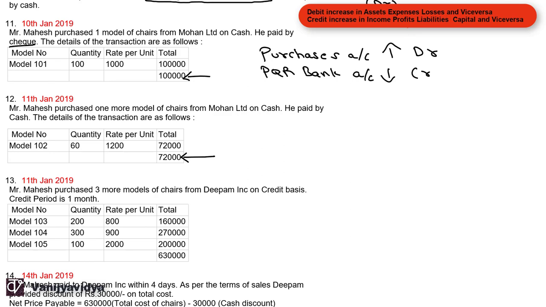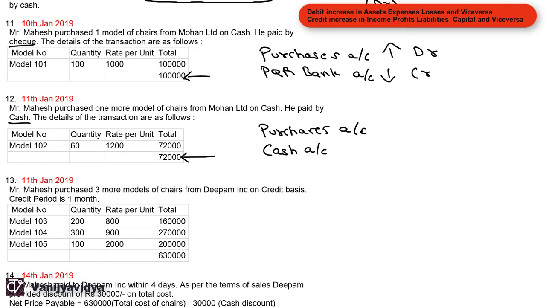Now, if you see, when you say on cash basis, purchases on cash basis, the cash basis is a general term. It need not be that you are paying in the cash. Like in your last transaction, you have paid by check. In this transaction, you are paying it by cash. Now, what are the two accounts that are affected? One is purchases account and one is cash account since we have made payment by cash.